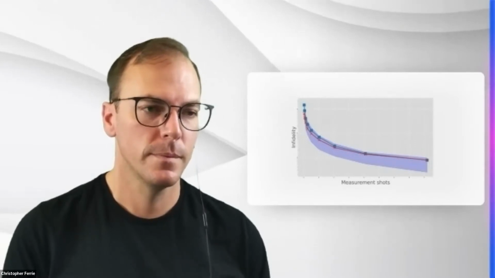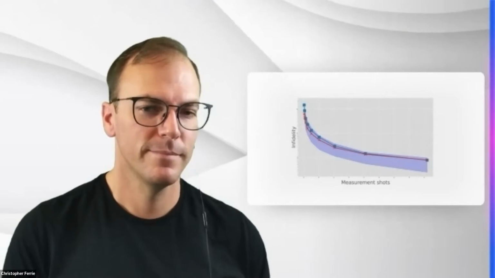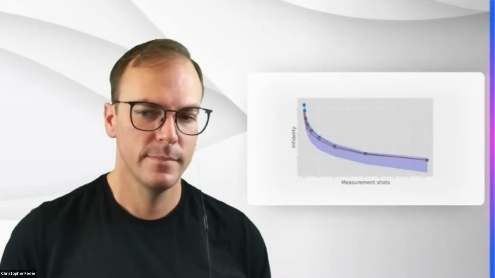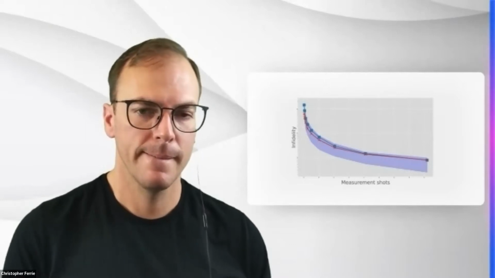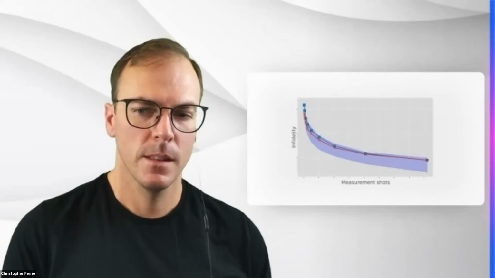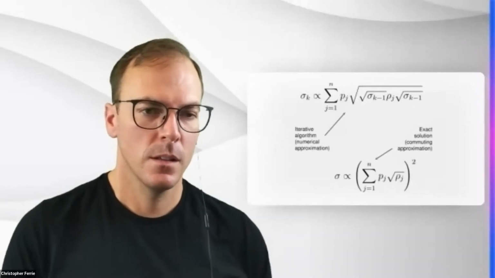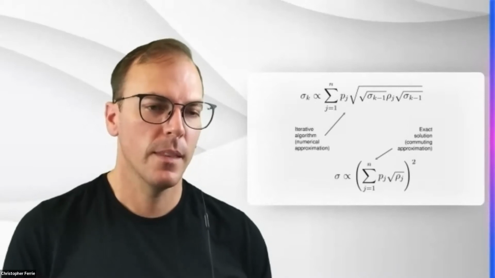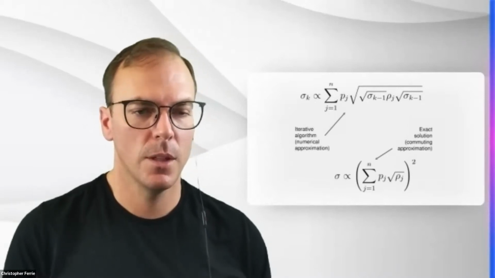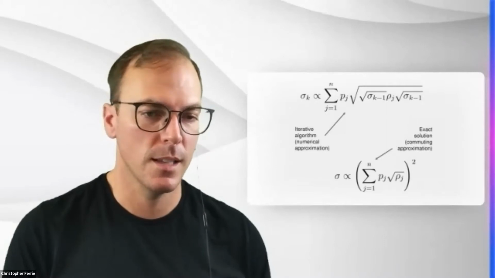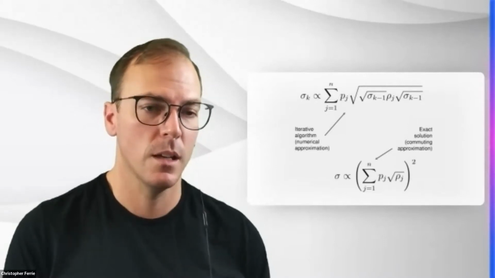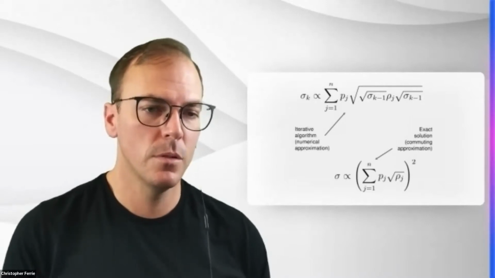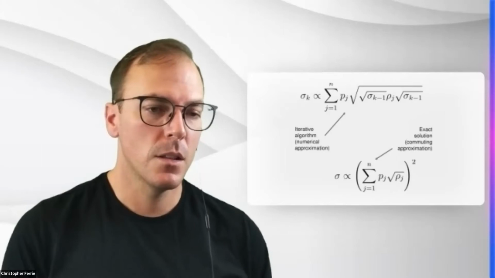So I have a question, if I may. You showed us the formula. Here is the answer. But why should I believe this formula? Can you prove that it actually maximizes this average fidelity? This formula? Yeah. So the bottom one is the exact solution if you assume that all the states commute. That's actually not that difficult to prove. The top one, so